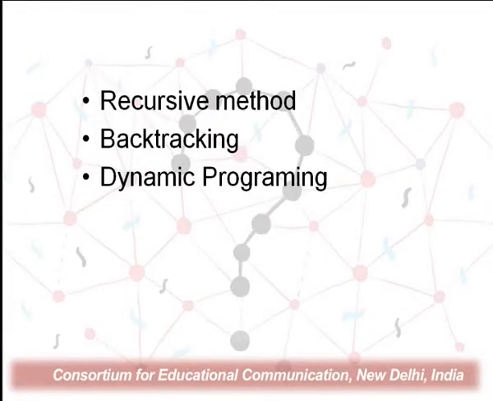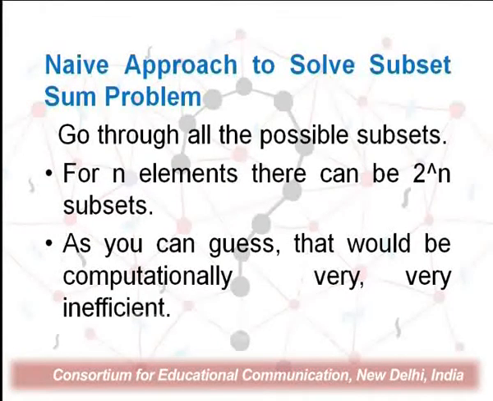One is the recursive method, completely based on recursion. Then we have one backtracking method. Here backtracking is basically, we can say, without memoization, where memoization is an important property of dynamic programming. And another efficient approach is dynamic programming, which obviously considers memoization also.